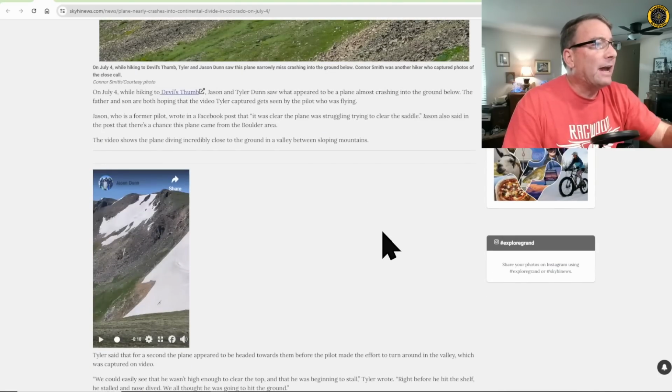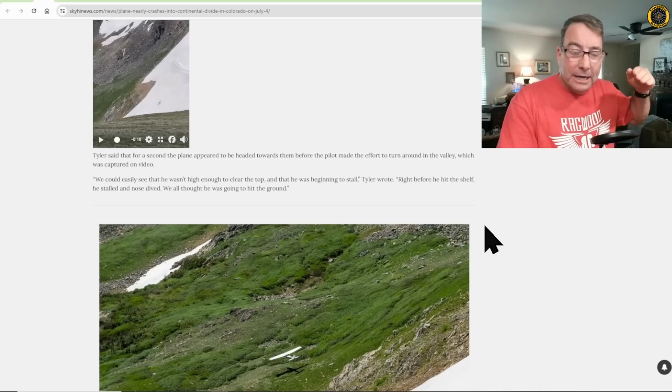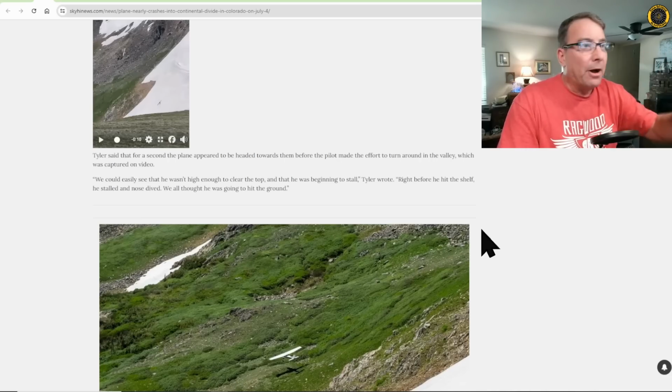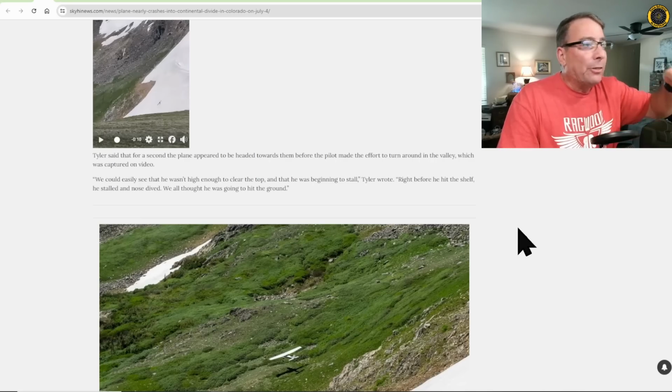The video shows the plane diving incredibly close to the ground in between a valley between sloping mountains. Tyler said that for a second the plane appeared to be headed towards him before the plane made the effort to turn around in the valley, which was captured on the video. The old deadly attempt to turn inside of a box canyon when you've been outrun by the terrain. We could easily see that he wasn't high enough to clear the top and that he was beginning to stall. Right before he hit the shelf, he stalled and nosedived,